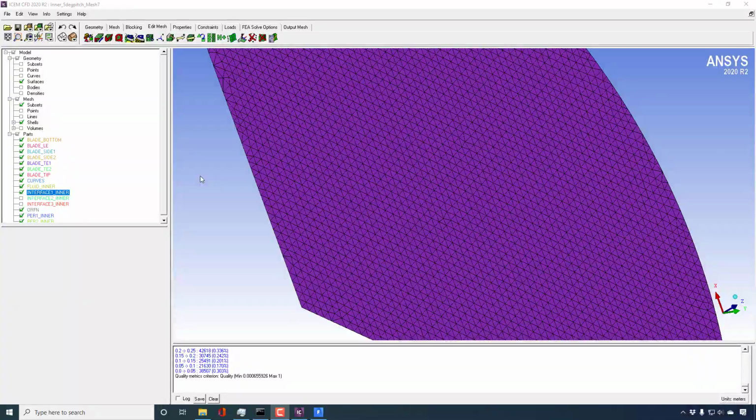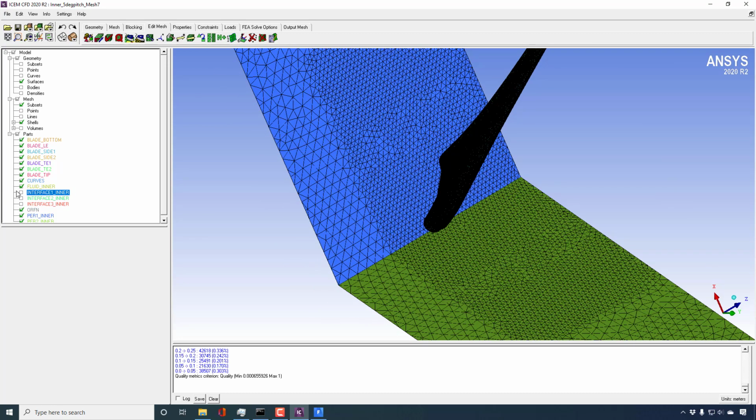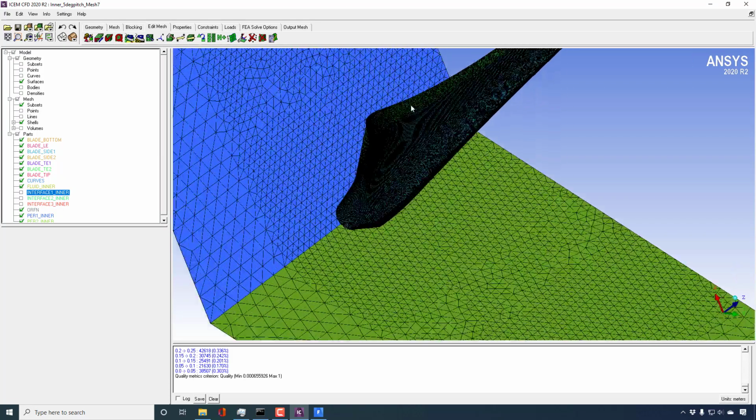In this video, I will explain how you can pinpoint the problem areas in the mesh. This mesh is already created in ICEM CFD with the tetra and the prism elements, and I will not teach you these methods in this video. So I'm just hiding a few surfaces which can give me visibility of the inside of the meshing.